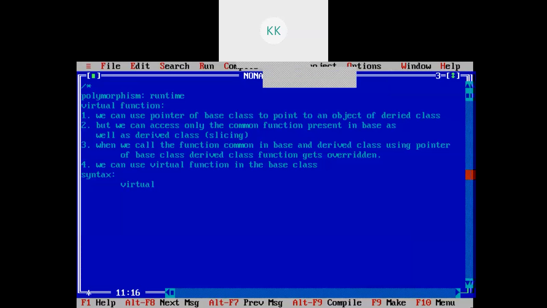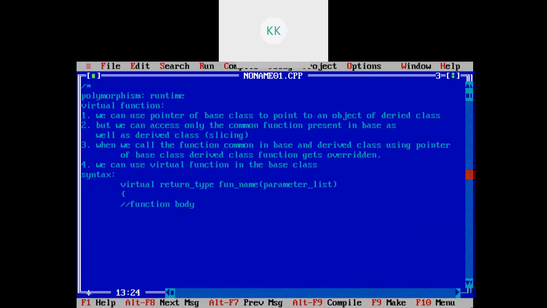This virtual keyword you need to write, then return type, function name, parameter list, and function body, right?